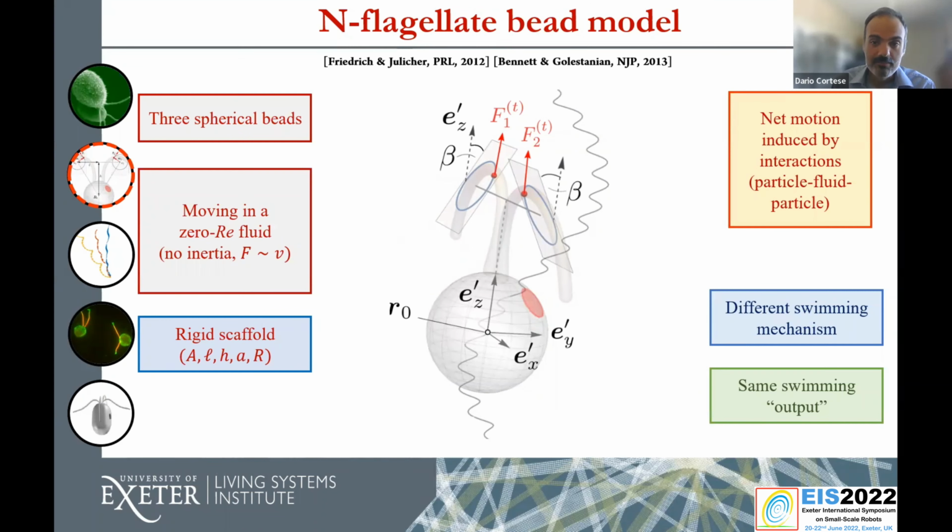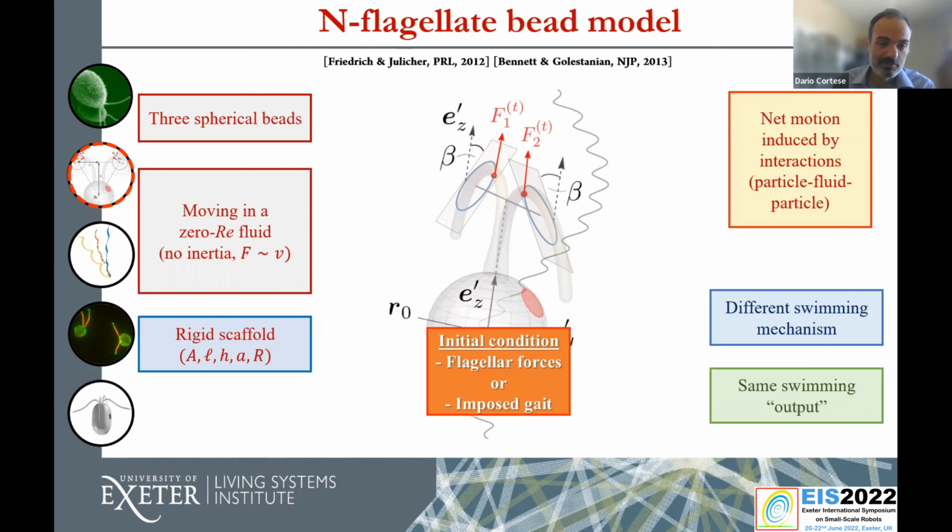With this model, we show that we can reproduce all the important features of the motion of biflagellates, including helical trajectories, phototaxis, etc. There are two ways to power this model. One is by imposing the flagellar forces, and one is by imposing the gait, by imposing the kinematics of these